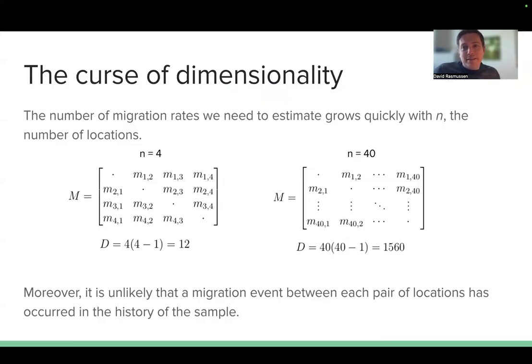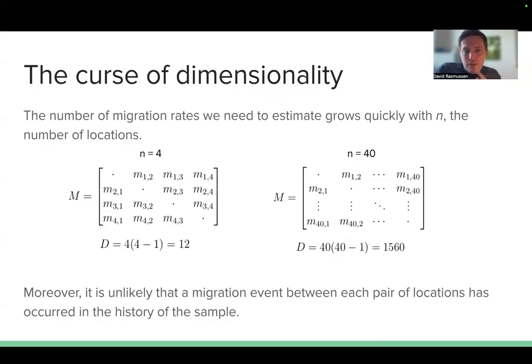So it's worse than just overfitting, because then we'll be essentially trying to estimate migration rates from data that contain no information whatsoever about these migration rates. So we have to have some way of dealing with this what we call the curse of dimensionality, or having too many